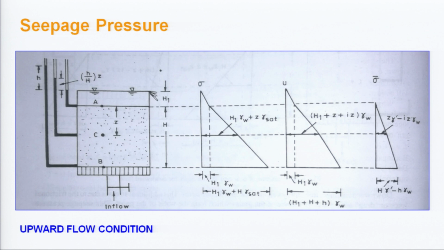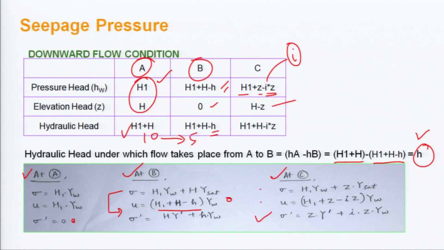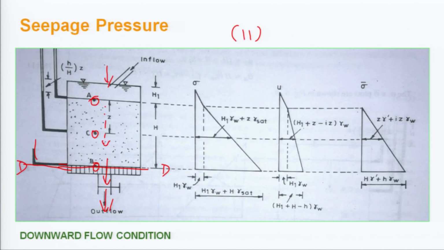Now, if we take the third condition, but before going on to the third condition, see here the downward flow condition. In this case the effective stress for this portion is 0 here, but slowly the effective stress value goes on increasing as the depth goes on increasing, to this value and to this value. So, we will be seeing how it varies. This here, plus Iz gamma w.